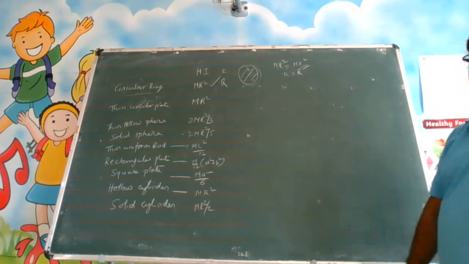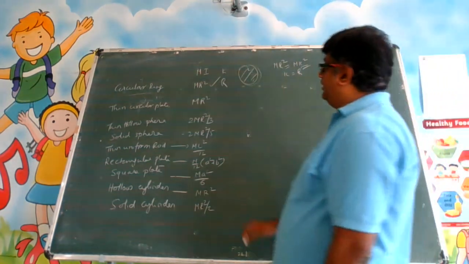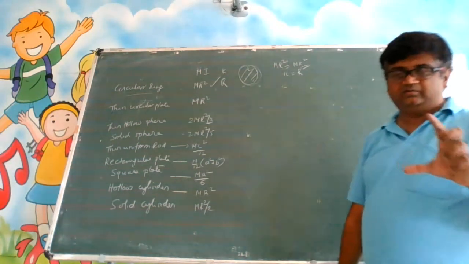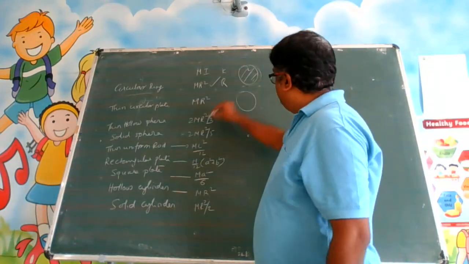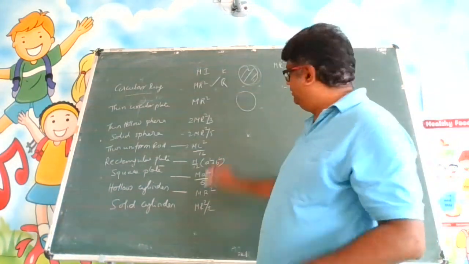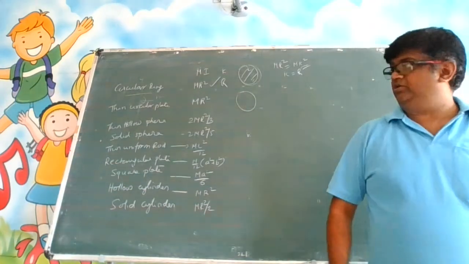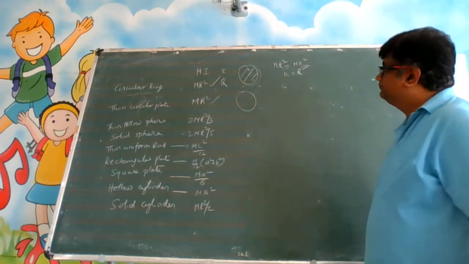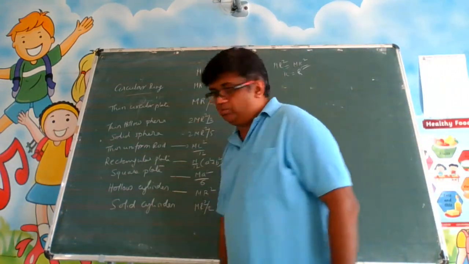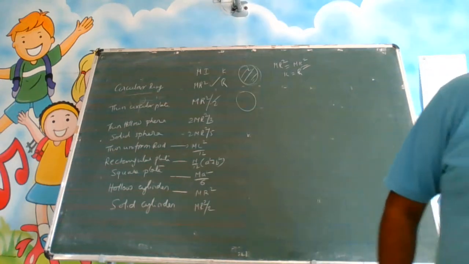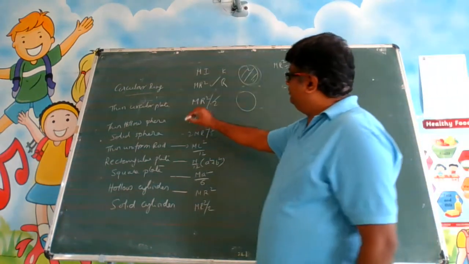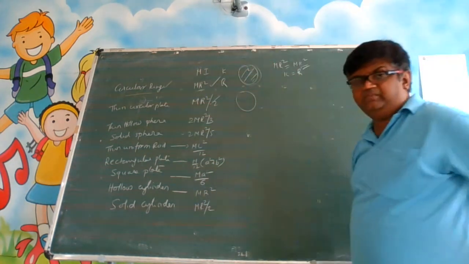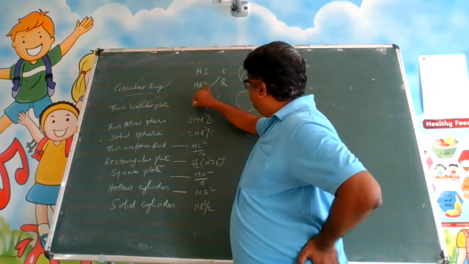Right? Now a thin circular plate, like your CD, compact disk. It has some area, it is not hollow, but its thickness is very small. So what is its moment of inertia? MR square? No, this is not MR square. It is MR square by 2. I wrote it wrong. You will see that the moment of inertia of a circular ring is more than this, assuming both have the same radius.